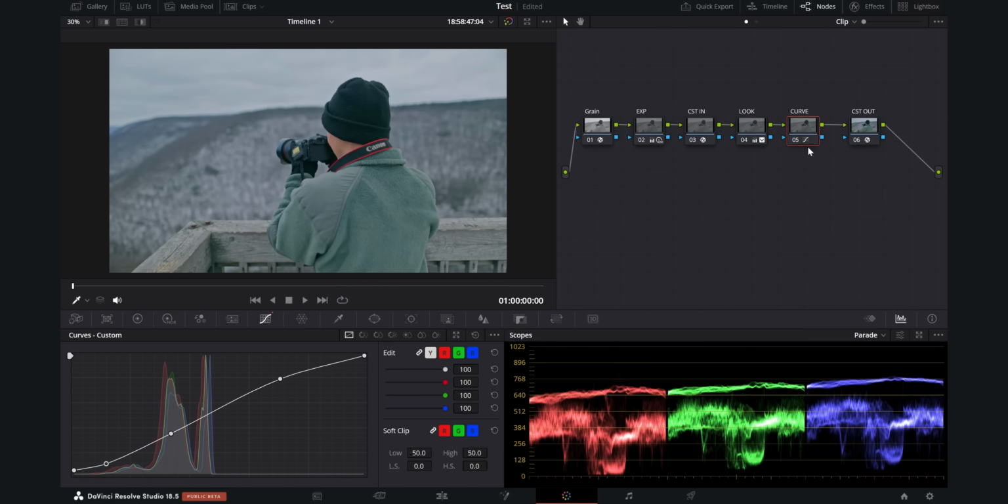This feature is really subtle. I'm going to show you the old way of doing things and also now the new way of doing things within DaVinci Resolve 18.5. So to start with the old way, let's just say I want to add diffused highlights